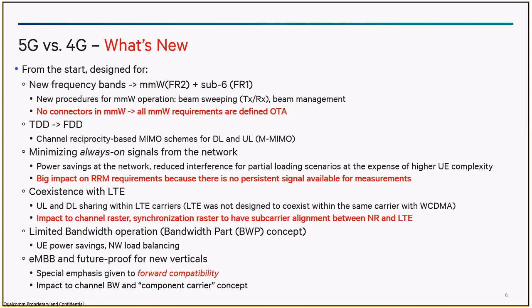No, so the key thing with load balancing can be, for example, asking mobiles not to RACH. That could be one way, right? But as of now in 4G, there is no mechanism where I can actually direct the UEs. Okay, out of 20 megahertz, you monitor only the first 5 megahertz, so that I can allocate the second set of 5 megahertz, third set of 5 megahertz, and the fourth set of 5 megahertz to other sets of mobiles, right? So there is no concept of bandwidth part in 4G.